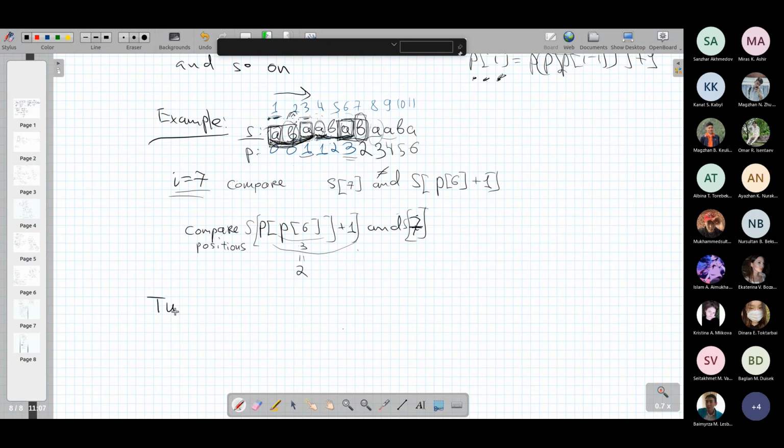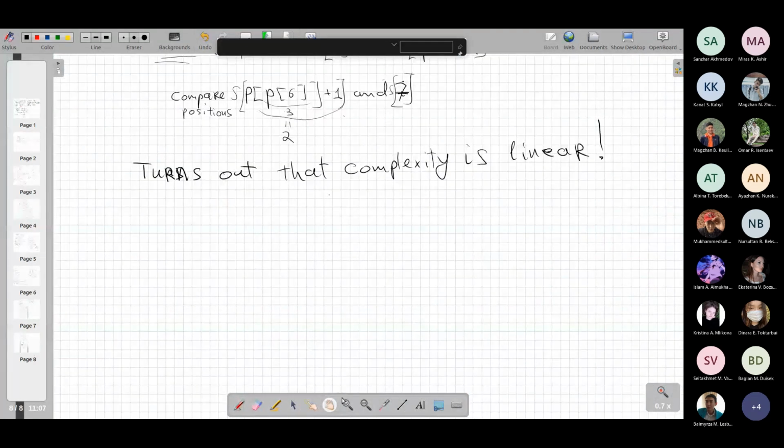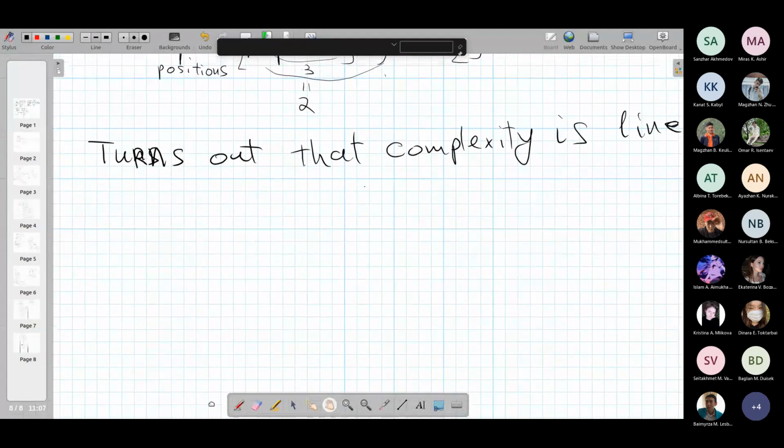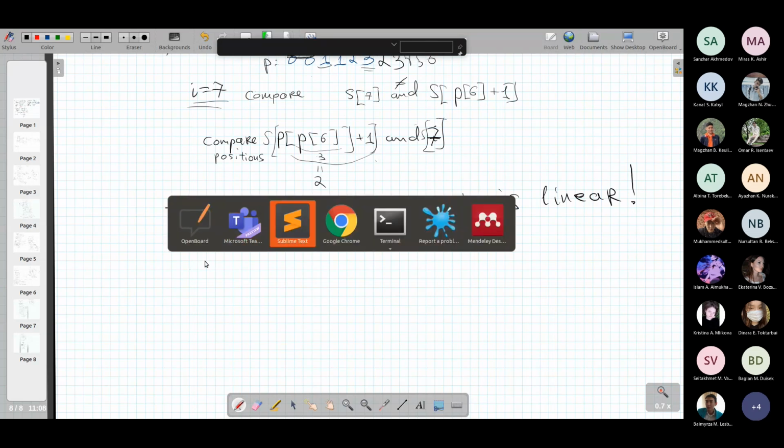Turns out that complexity is linear. So let us write pseudocode, and then we'll understand why it is linear. So let us analyze it. So let's say, or maybe we will try to write the code